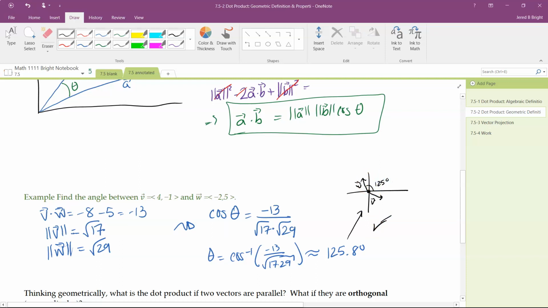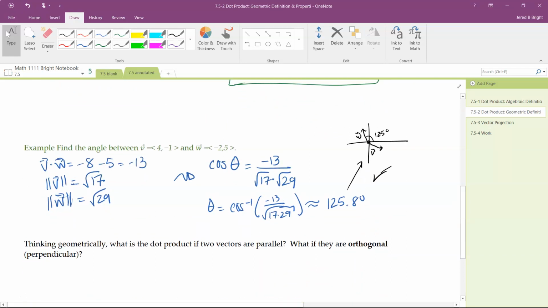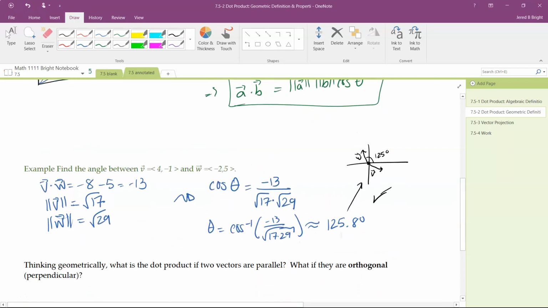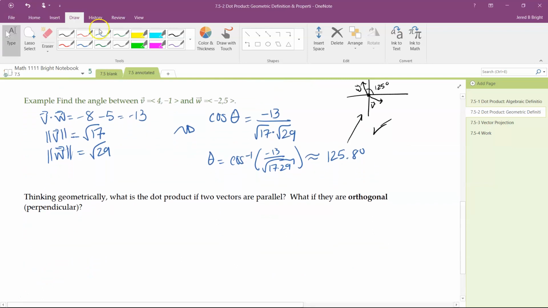Okay. Now, as a way to think about some properties related to the geometry here, the question I have is, what is the dot product if two vectors are parallel, or what if they are orthogonal? And another word that we use for orthogonal is perpendicular. So from our past experience, we might know that if we think about two vectors, or two lines really, that are perpendicular,